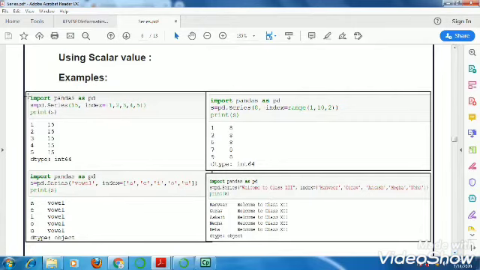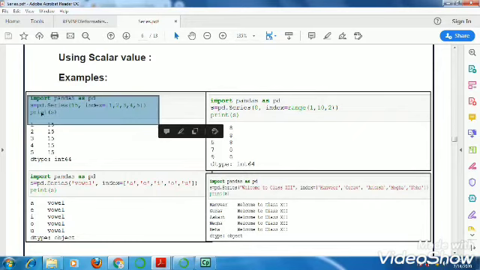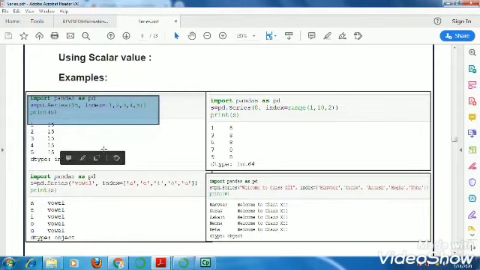Like see the first example. Here we have imported pandas as pd. Then for creation of series, we have passed 15 as data and index values. So a series with all values 15 is created. In the second example, here we have used 8 as data and the index is created using range.